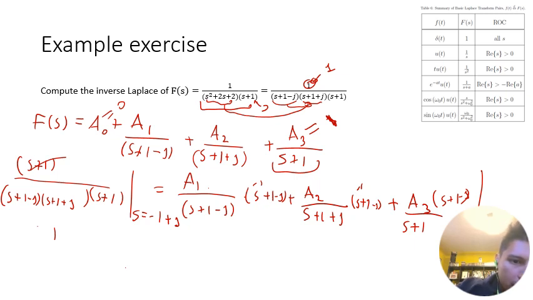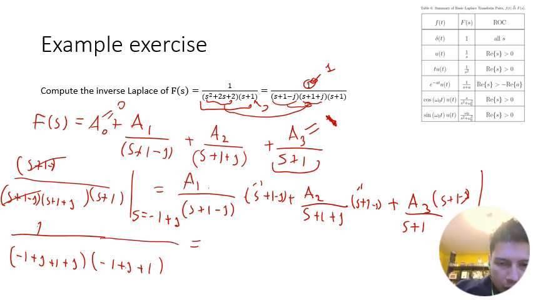So s plus 1 minus j cancels out this one, and so we're going to have 1 over negative 1 plus j plus 1 plus j, negative 1 plus j plus 1,